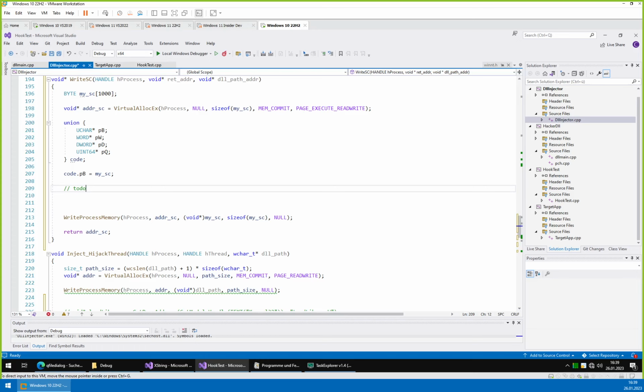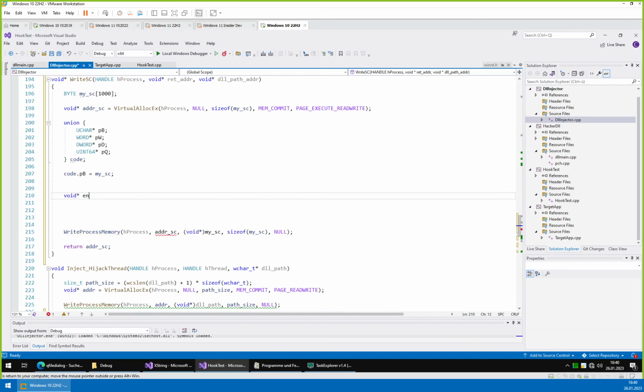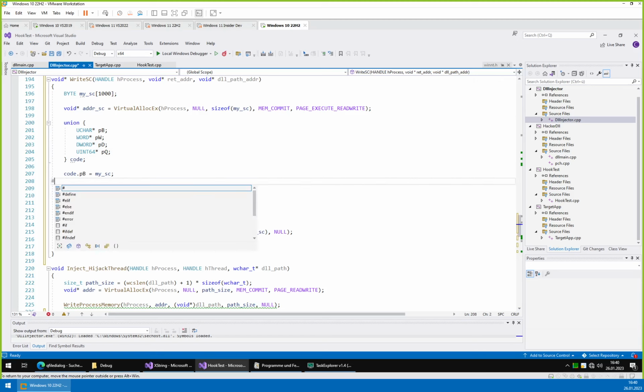We will need a data area, so something where we can store data to. Okay, so this will return the address we want to jump to, but internally it will not be the same, so we need another address for that. Void asterisk entry is equal to this, we will set later. We will return entry. Let's make a definition. Define space will be minus